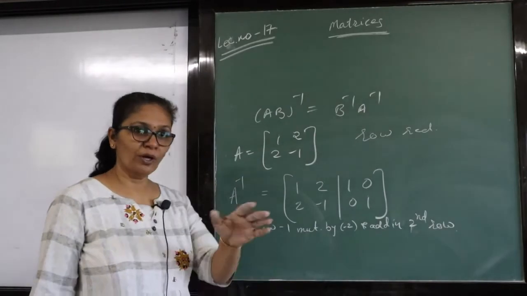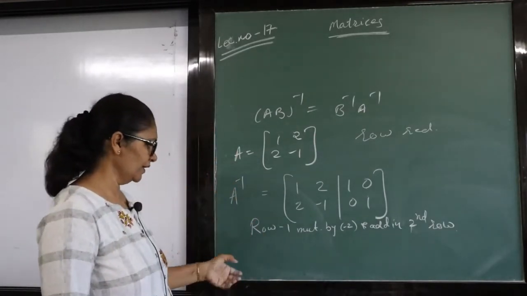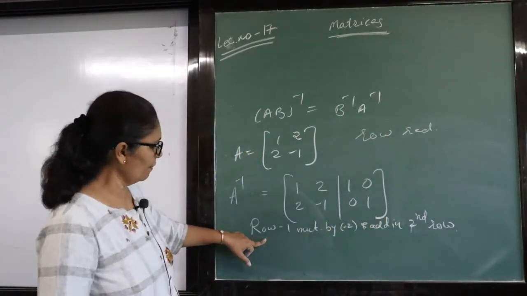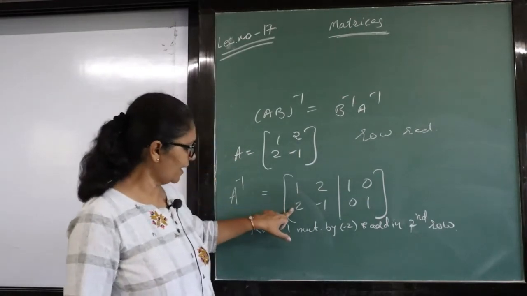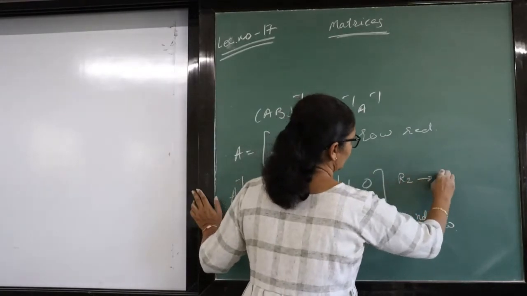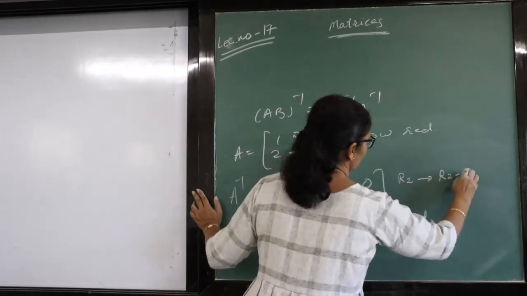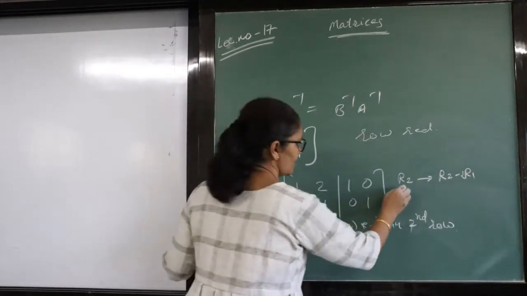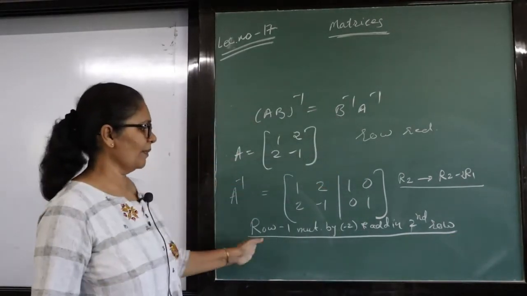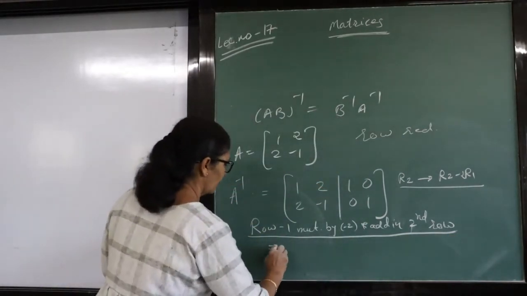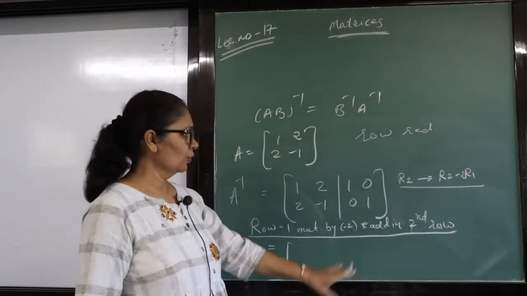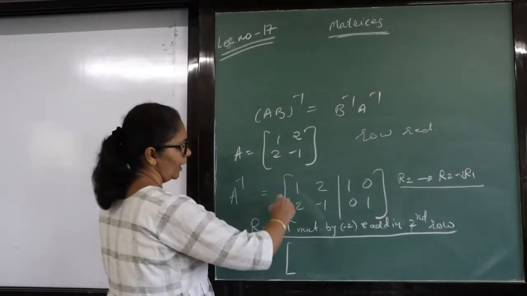See what I symbol, the elementary symbols I explain to you. If you don't get it, no problem, you can write it in words. That is also we can do. That first row number 1 multiply with minus 2 and add in second. Okay, if I want to write this in a symbolic manner, then how can I write? R2 minus 2R1. This is your symbolic way. If you don't understand, you can write in your own words that first row multiply with minus 2 and added in second. That also you can do. But remember, when you follow the row reduction, you have to follow it for the full sum. Row reduction only, you cannot go now on column.